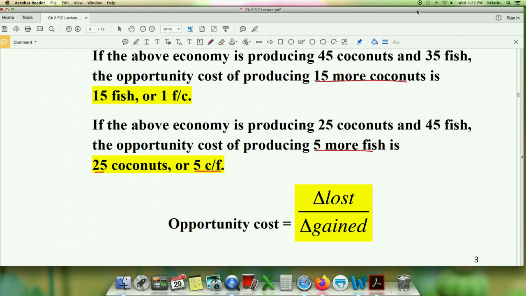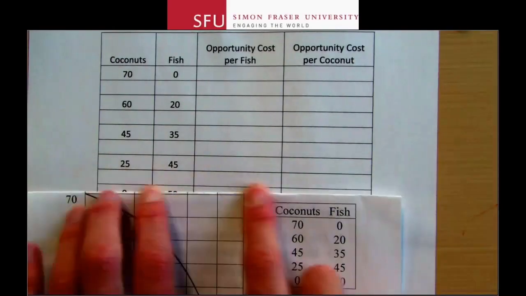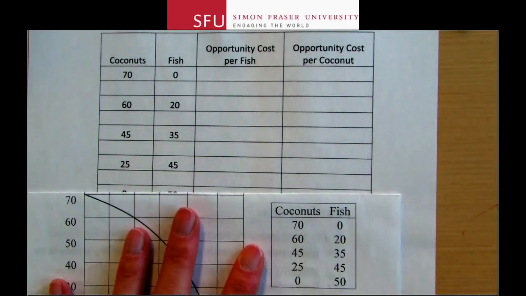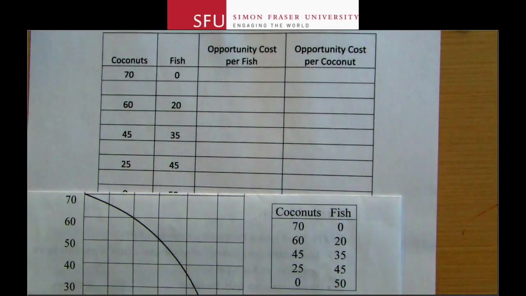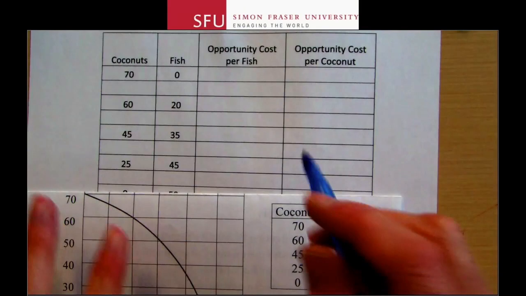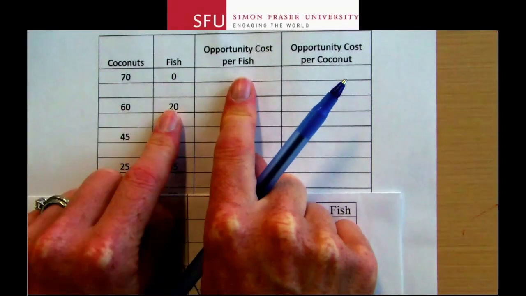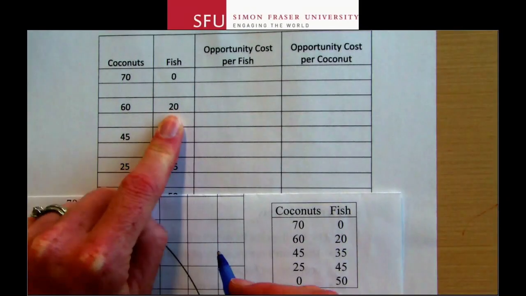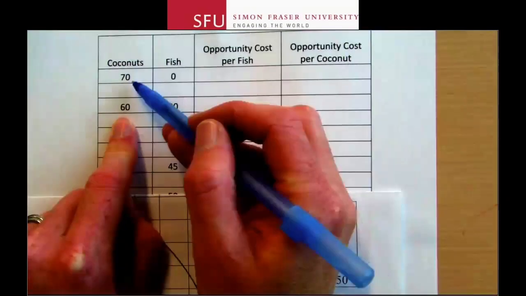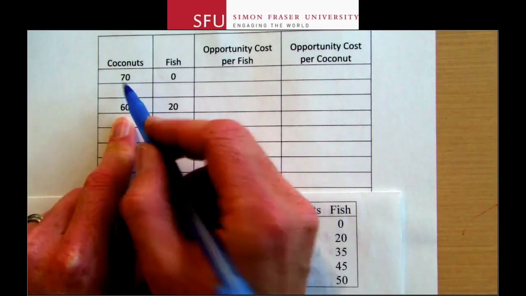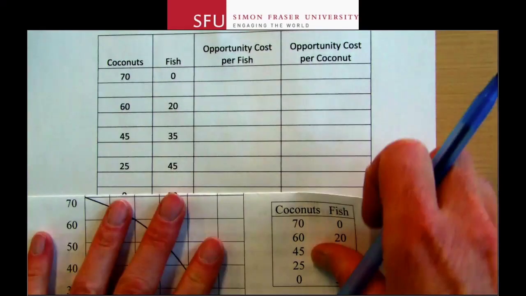Okay, so on the next page, we're going to go through the full table and calculate the opportunity cost between each different point. I'll just put the table underneath so that we can look at both of them. And I need a pen. Good. Okay, so we'll start with fish, so opportunity cost per fish. Starting at 0, they increase production of fish to 20, but they would have to give up 10 coconuts. So using the formula that we talked about,